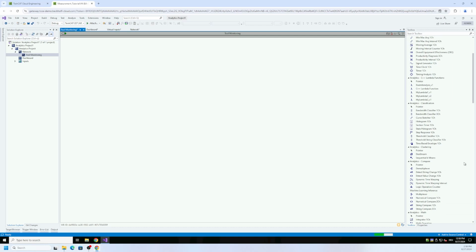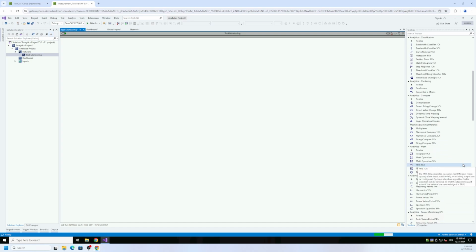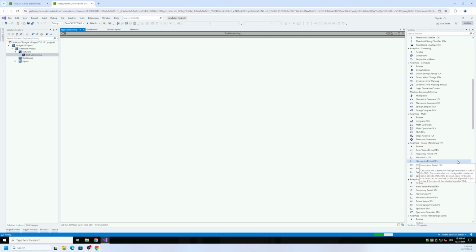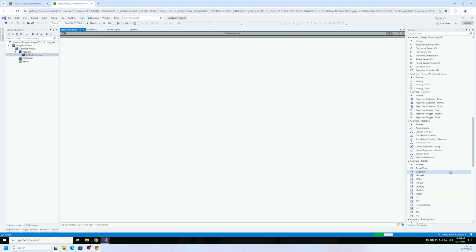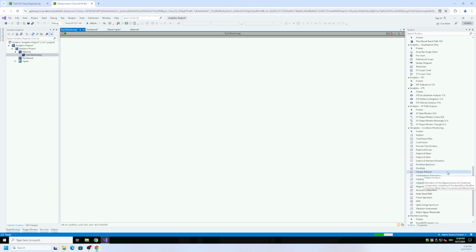But you can also add further algorithms to the toolbox, so you can create your own algorithms via our Analytics lambda functions, or you can install additional libraries like our power monitoring library or filter library. The machine learning library is integrated, but also the TwinCAT condition monitoring library, which provides a lot of different algorithms, especially if you like to switch from the time domain to the frequency domain. Then you can do this with our function blocks here for magnitude spectrum, power spectrum, and all this stuff.